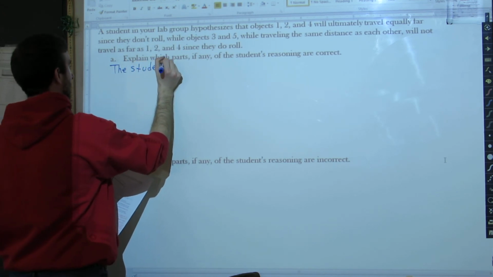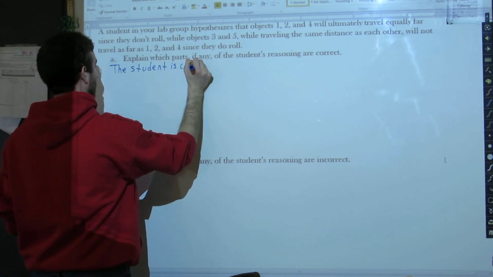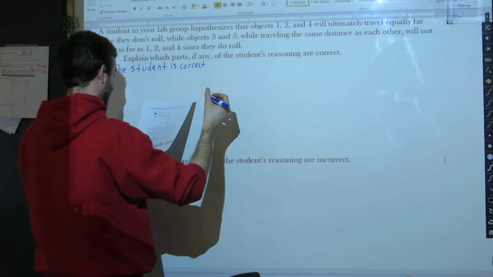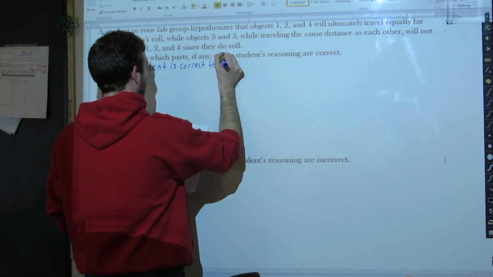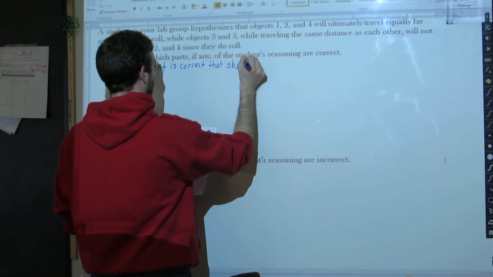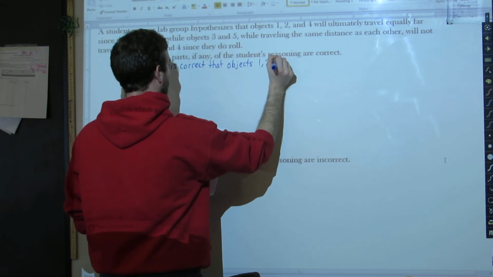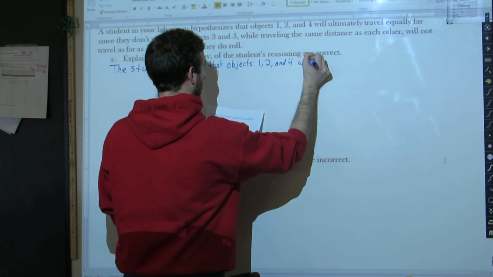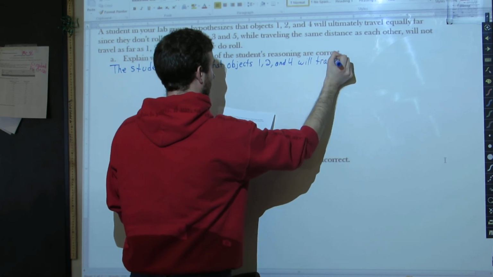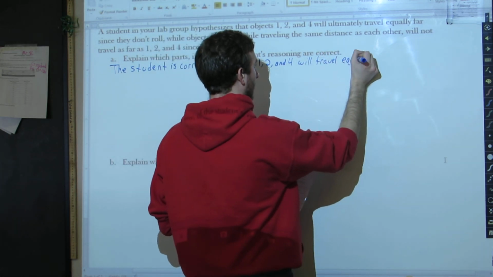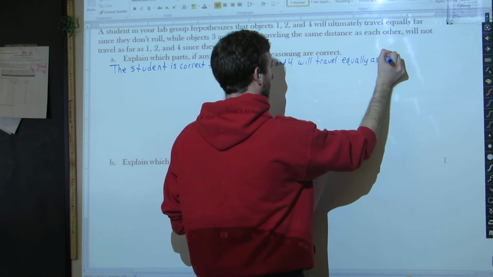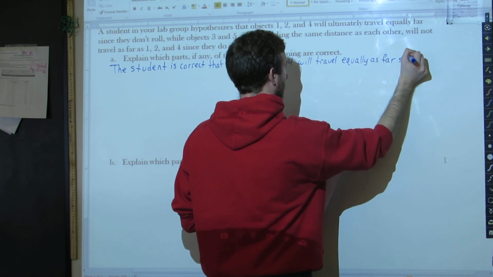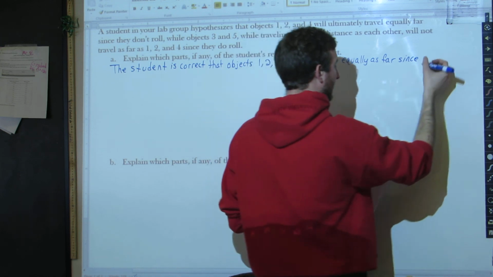The student is correct that objects 1, 2, and 4 will travel equally as far since